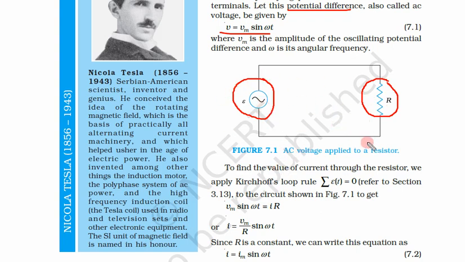Now let us do some analysis on this circuit. This is a very simple circuit. This resistor is connected to an AC source. This is called an AC power generator or AC source. And how do we represent the AC source? Just by showing a battery-like symbol. So this is a DC power source, this is an AC power source. You see, it is generating a sinusoidal voltage with maximum voltage Vm.